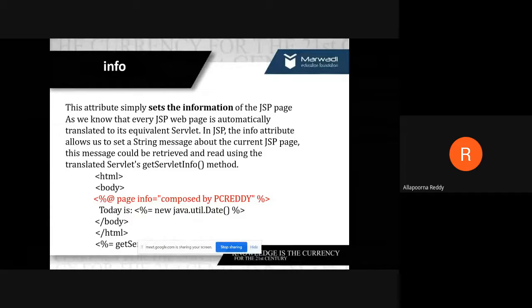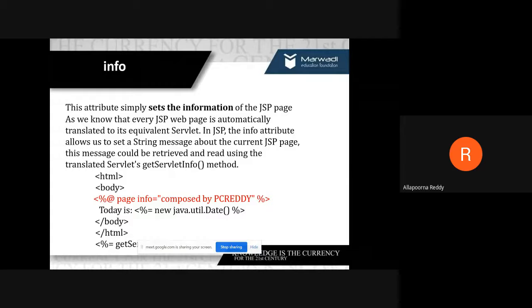You want to state that this JSP page is made by me, or this page is done by me. Like this, some information you want to add yourself, identifying that I made it. This page is done by me, or this application or this project is done by me. You want to give some recognition to your application or project, and at that time we can use this attribute by setting the information for your JSP page.